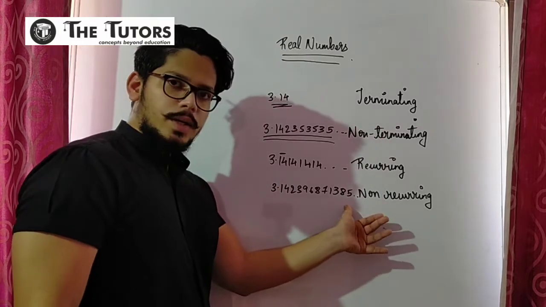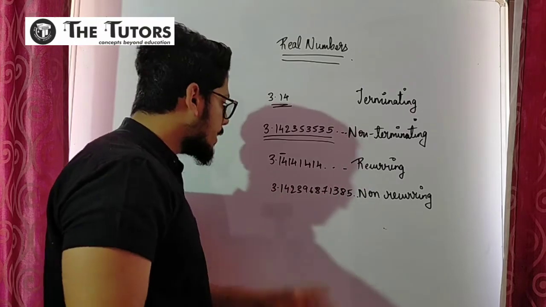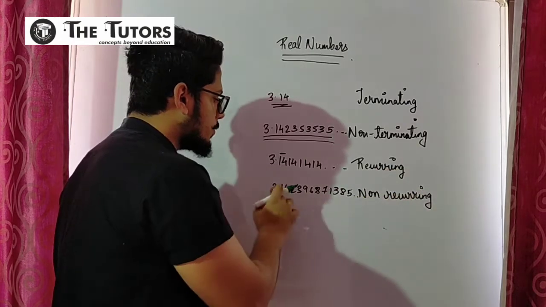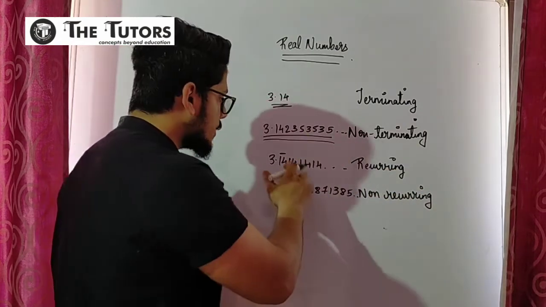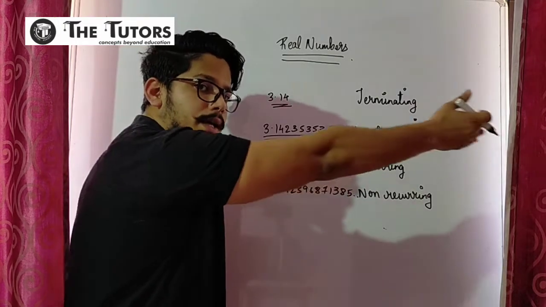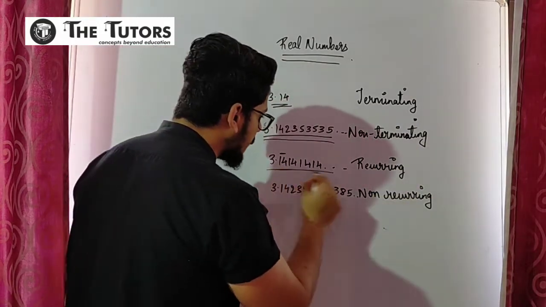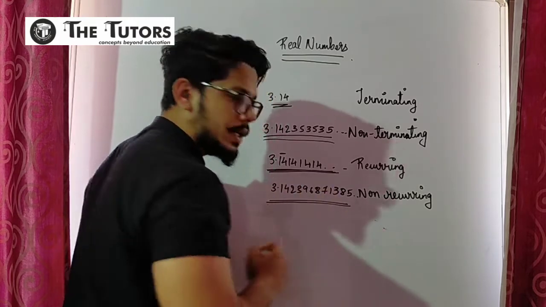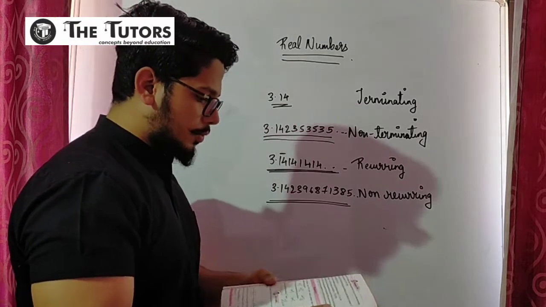No doubt it is non-terminating, but it's non-recurring because the numbers here are not in serial and are not reoccurring. There is a certain gap between the numbers. Here also one, here also one. Here also 3, here also 3. But there are no numbers which are recurring like this. The numbers 1, 4 here occur many times. Here there are gaps between numbers. These are non-recurring types. These are recurring types. Let's take a few sums of practice set 2.1.